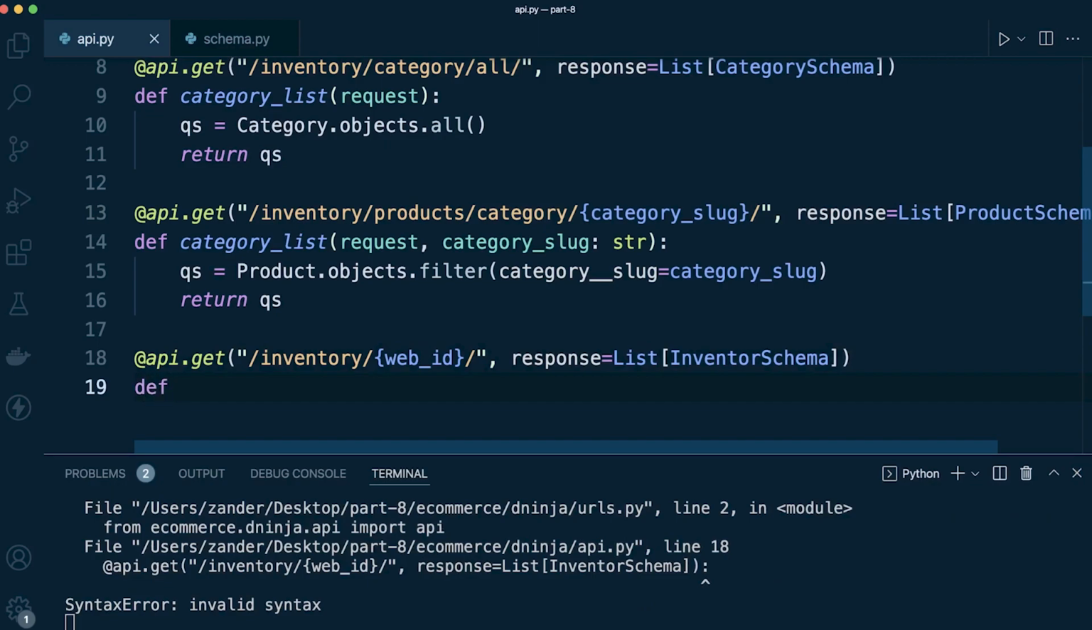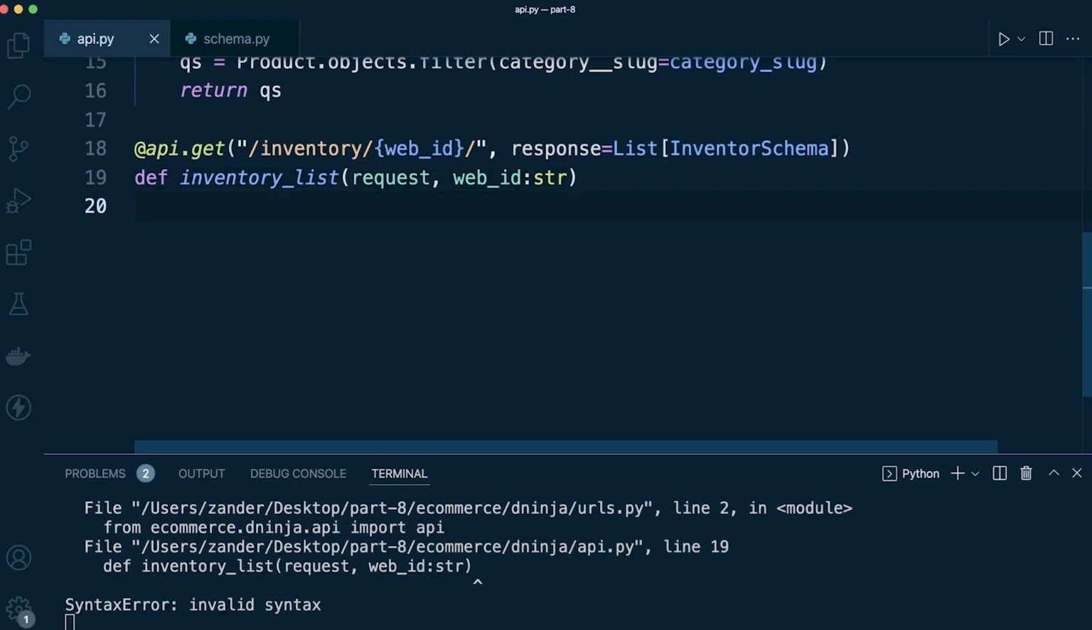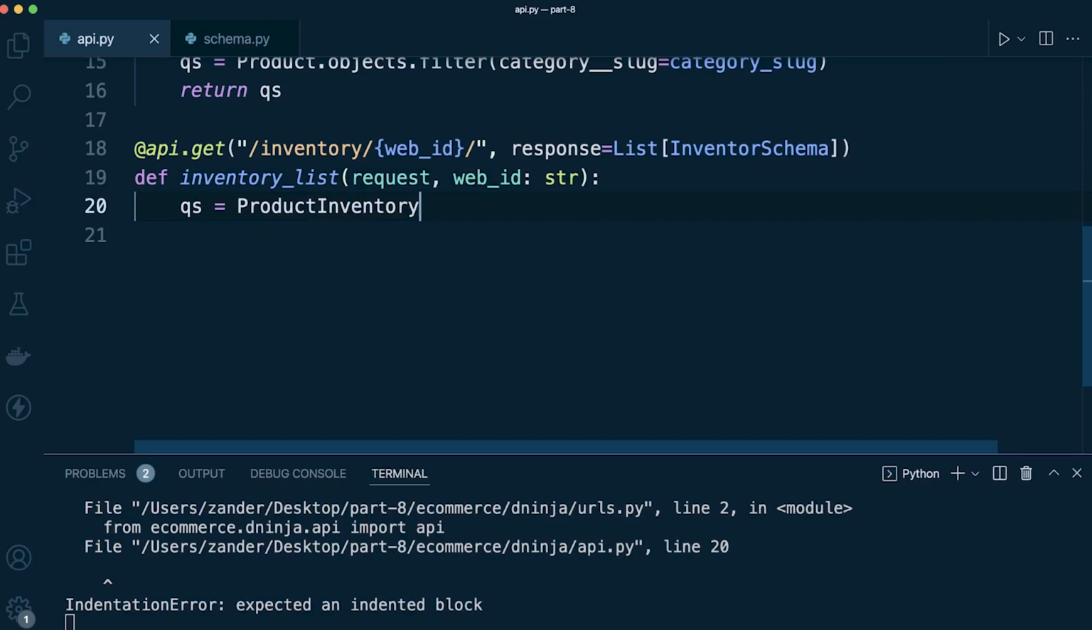And then we're going to create a new function. We'll call this inventory list. Take in the request, web ID, and then that's going to be a string. Okay, so that passes that in. So now what we have then is a really simple query, equals product inventory. So we're going to be looking on the inventory